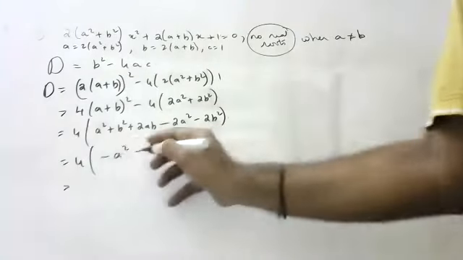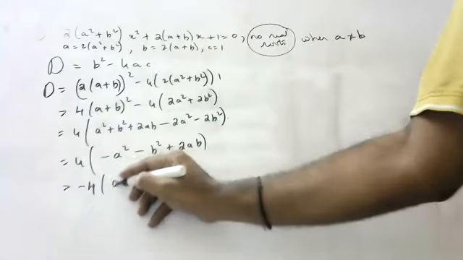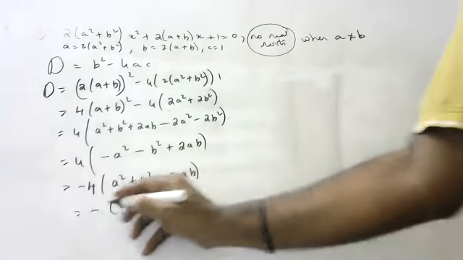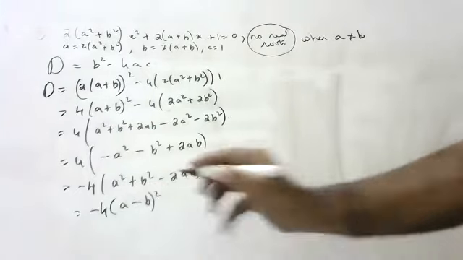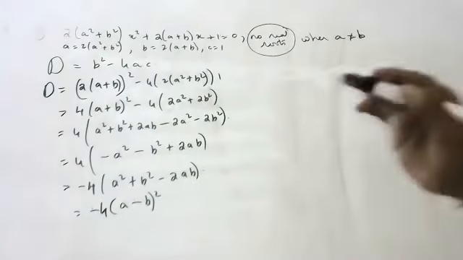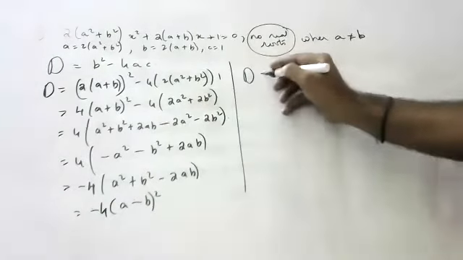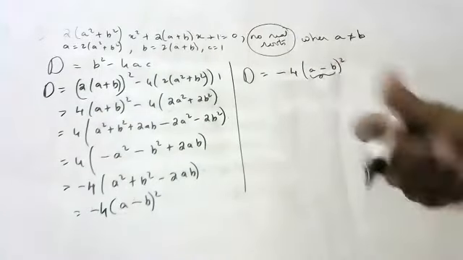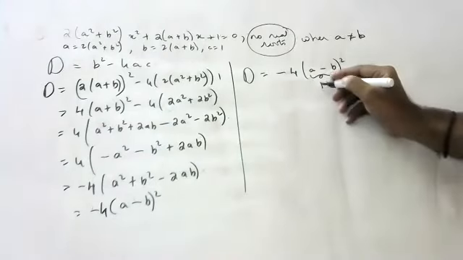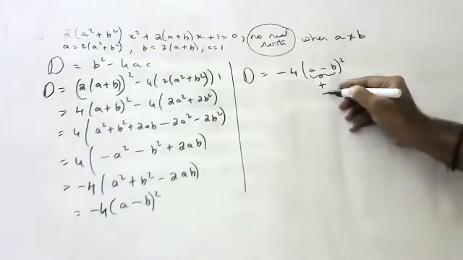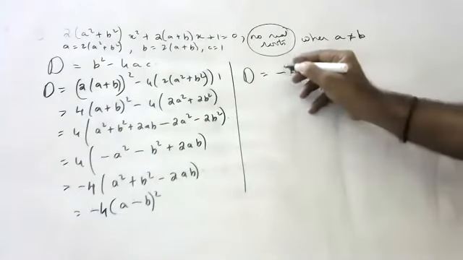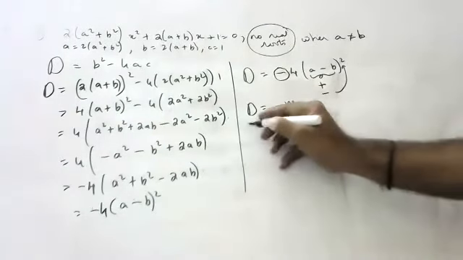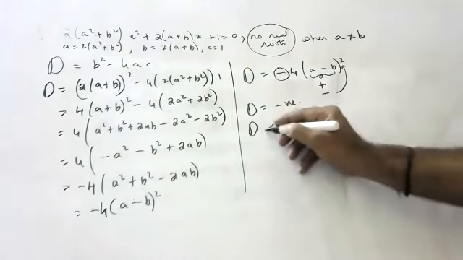Okay, so I will take minus common. If I take minus common, this will become a² + b² minus 2ab, which is in the form of (a minus b) whole square. Children, now you see, simple logic, we got D is equal to minus 4 into (a minus b) whole square. Forget about (a minus b) whole square, because if you get positive also, square is positive, and if you get negative also, square is positive. But here what is there, children? Minus 4, which is less than 0. Minus means negative. Negative means the discriminant is less than 0.